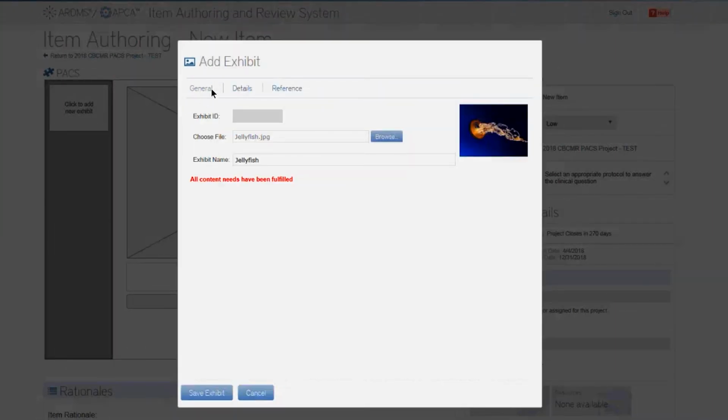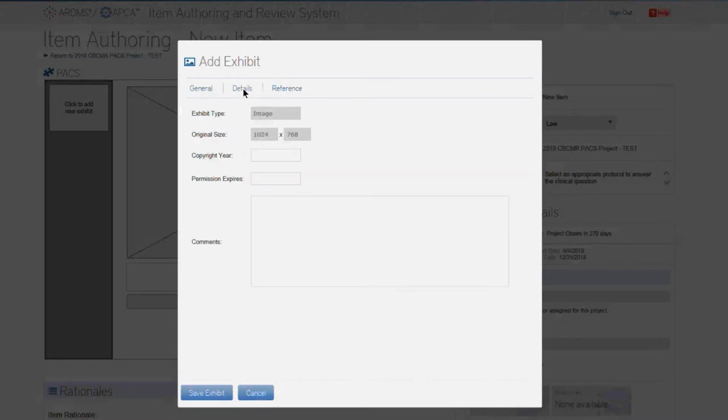Here on this general screen, you will be asked to give the exhibit a name. Click on the Details option to open a screen where, using the Comments area, you can provide keywords based on the anatomy, image type, pathology, etc. You can also use this screen